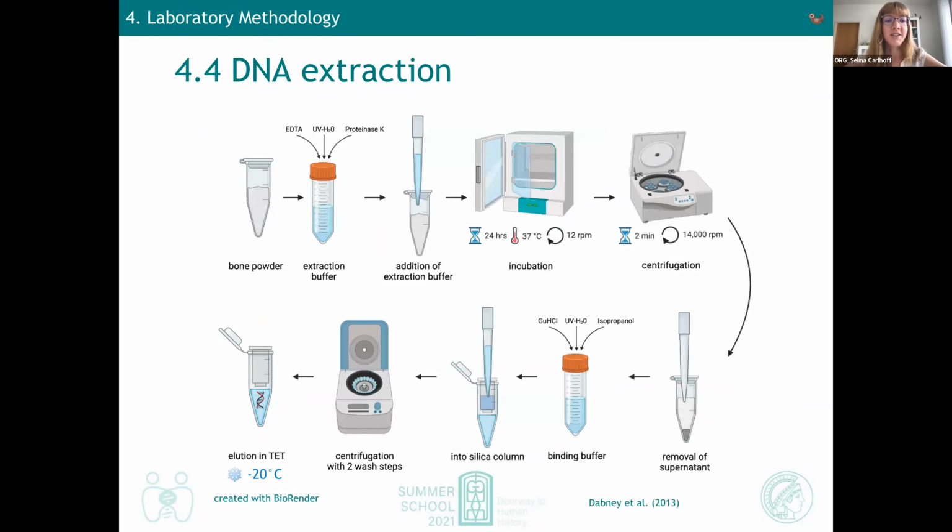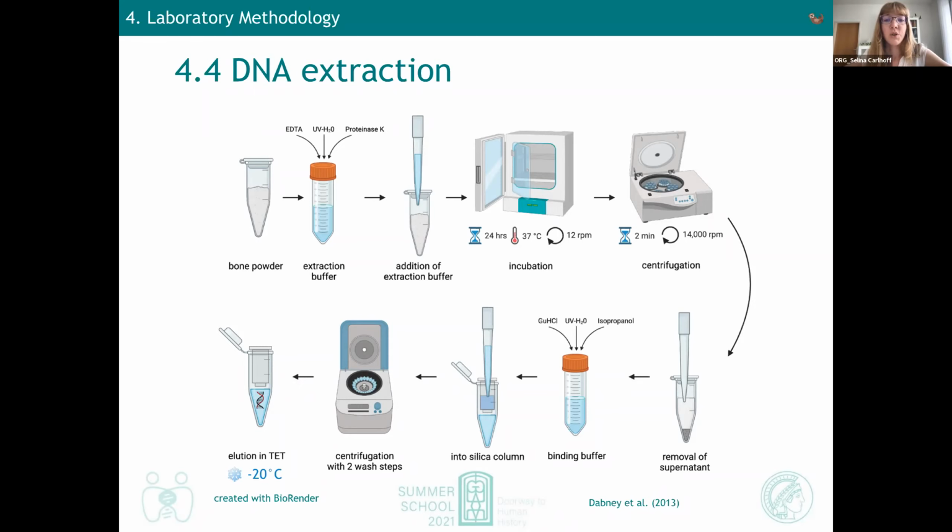So if we come to DNA extraction and we have the bone powder, here we mainly use a protein called proteinase K, which is part of the extraction buffer that we mix, which breaks down the cells of the bone that are still, of course, intact in the bone powder, and it really just breaks the membranes open to release the DNA and everything else that's in the cells into solution. And to do this, it's incubated for around 24 hours and